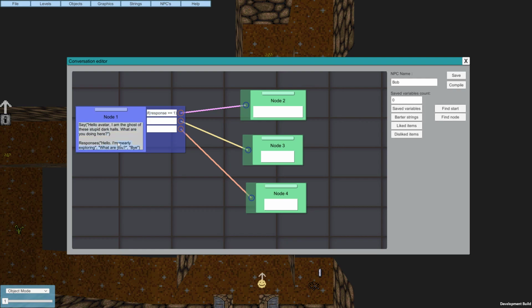So the first one is 1, this is 2, and this is 3. So if response equals 2, if response equals 3, so say